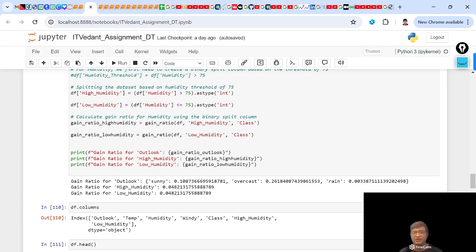So I hope you can understand that internally it does so much mathematical calculation, and hence entropy